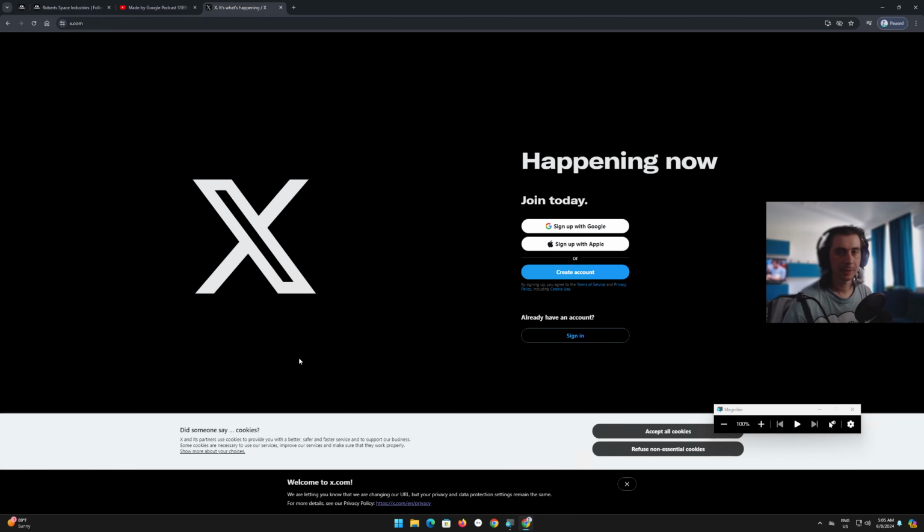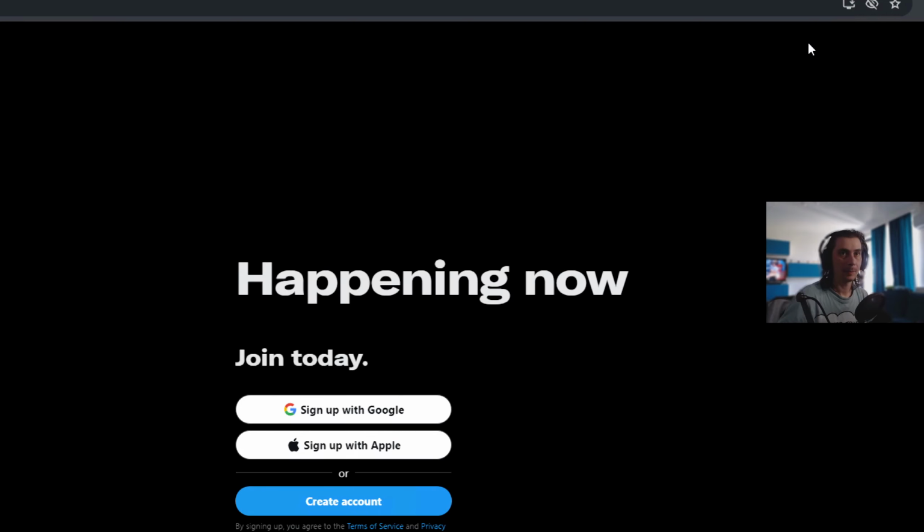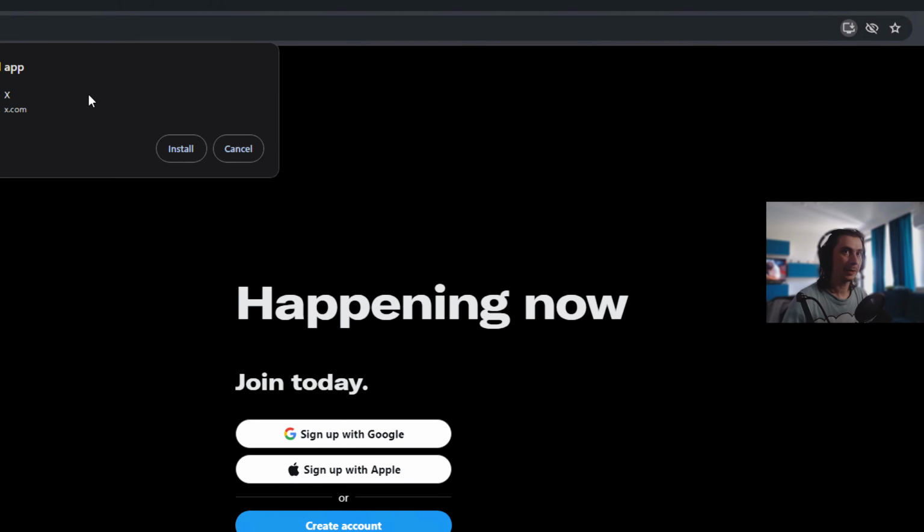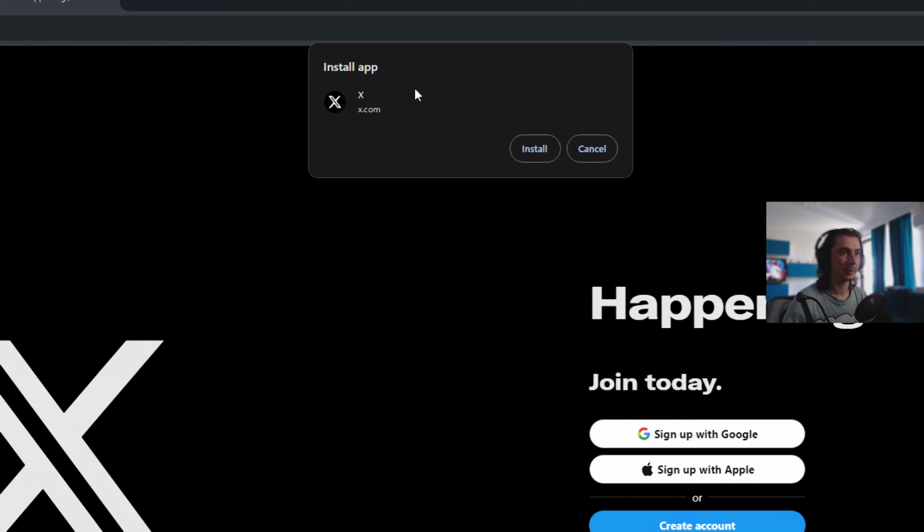And for my next trick, I'm gonna show how you can open a site as an application. So the next one is web apps. Let's say I want Twitter to act like a desktop application, and maybe I even add it to my taskbar down there. To do that, there's this button up here to the top right in Chrome. Once you're on the site, there's a button here that says install app